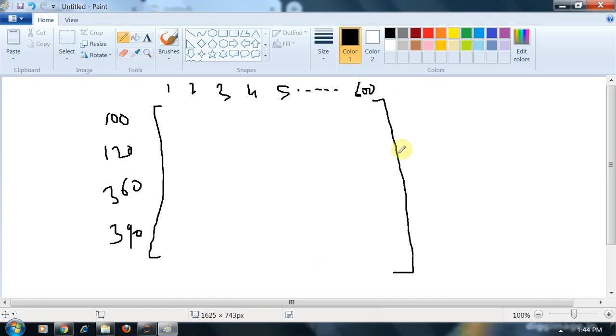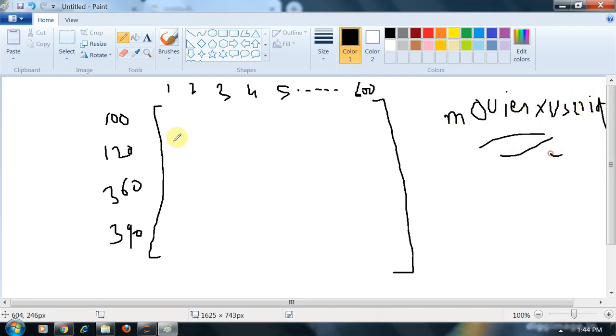The dimension of this matrix will be movies cross user ID, and I want to fill this matrix from user ratings. If user 2 gives movie ID 120 a rating of 4, then I will fill 4 here.